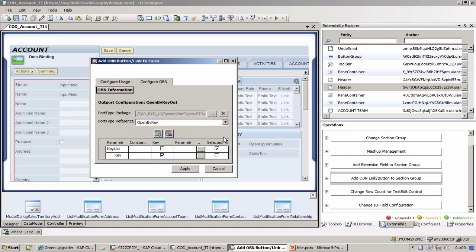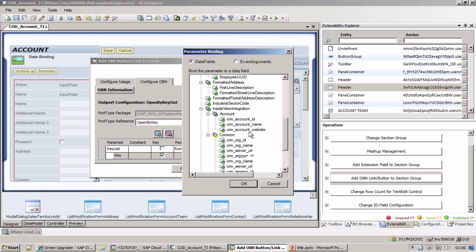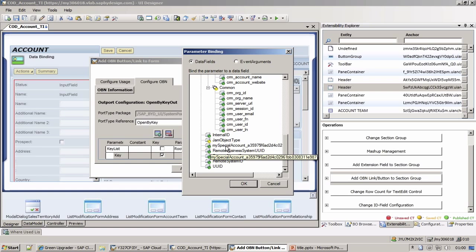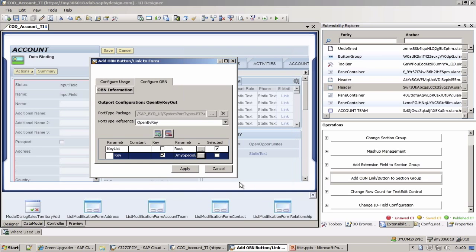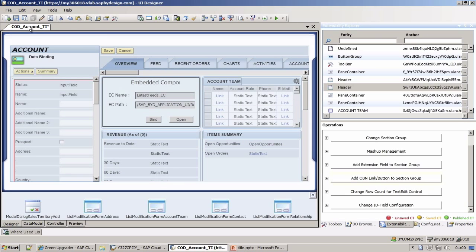In the next screen, we have the option here to open by key or any other option. The only option that is working is open by key in this case. As key list, you have to bind the root node, and as key the actual extension field we added, in my case my special account. So apply this, save and activate,